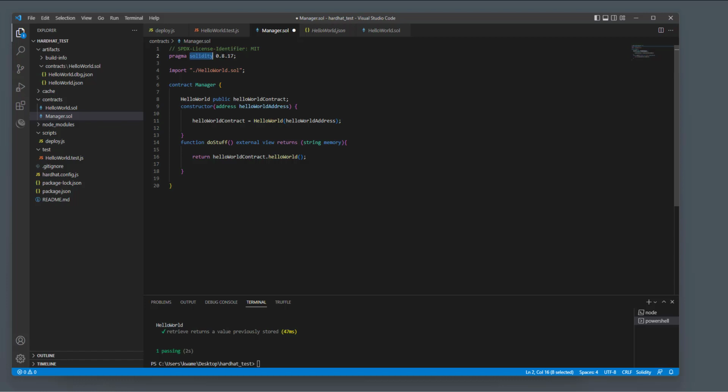So this is 0.8.17. We import the hello world smart contract because we want to interact with it, and this contract needs to know what that is. So we have an import statement for that solidity smart contract, and then we define the contract's name called manager. This is basically a type, right? So this is the hello world contract, public, and then we give it a variable name, which is hello world